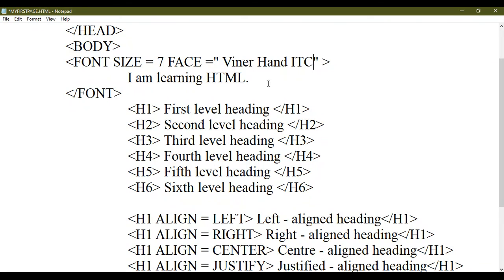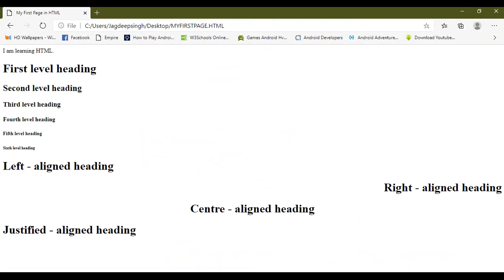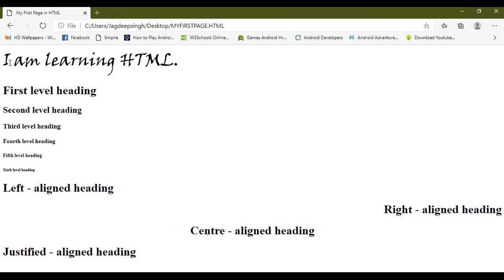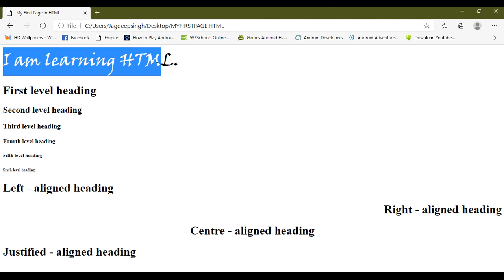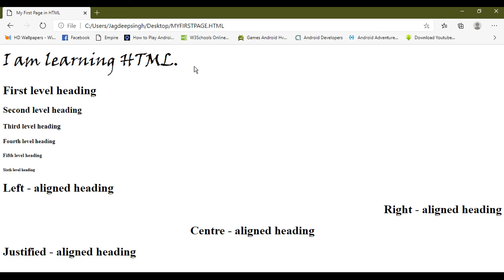So after typing the name of the font, save your web page and reopen it with the help of a web browser like Internet Explorer. Refresh your web page to see the changes. So now you can see that this line is in cursive style. So the font face which you are using in your HTML coding, you can see here in your content.